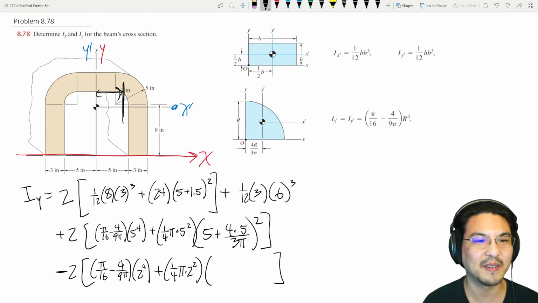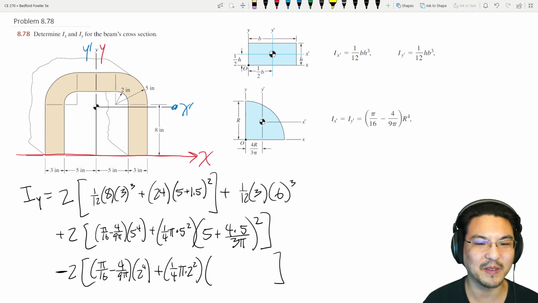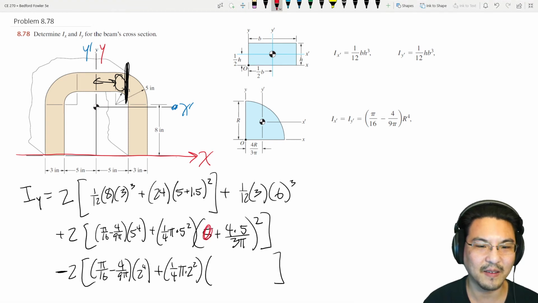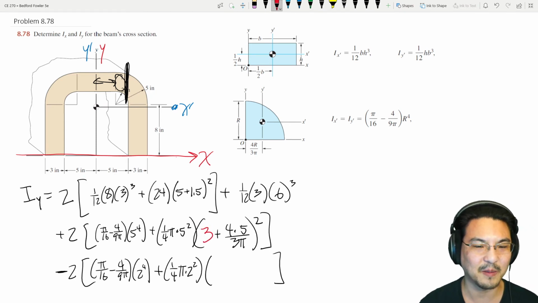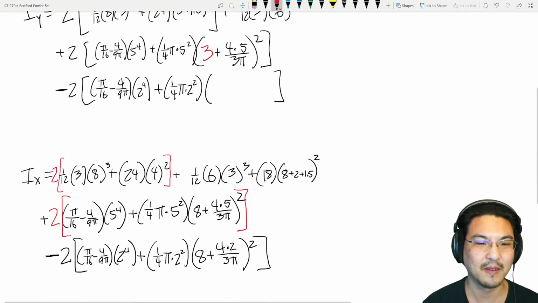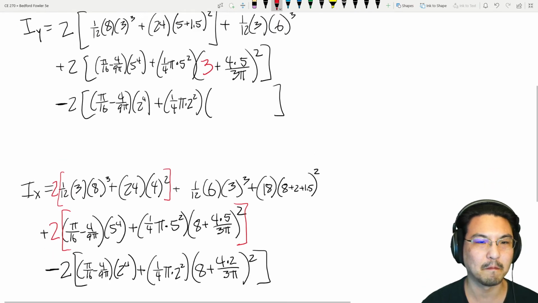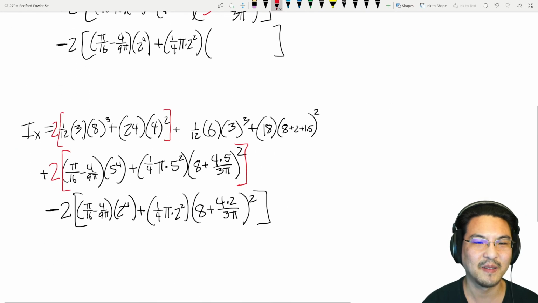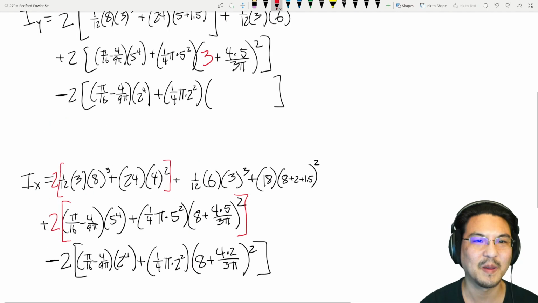Actually, now that I look, let's rewind a little bit. When I did this quarter circle here, here to here is 3 plus 4r over 3 pi. So I made a mistake right here. That's not 5. This should be 3. Did I make that same mistake earlier? 8 plus 4r over 3 pi. Okay, that was okay. But over here,